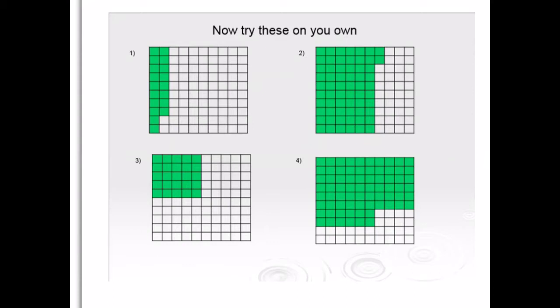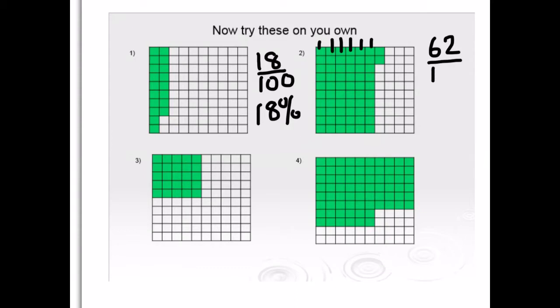Number 1, we can see that there are 18 squares coloured in, so that's 18 out of the 100, leaving 18% as our answer. On number 2, we have a quick count. We've got 1, 2, 3, 4, 5, 6 complete rows of 10 plus the 2. So 62 out of the 100. So it's 62%. Number 3, there are in groups of 5, as we can see. We've got 5, 10, 15, 20, 25. Out of 100,